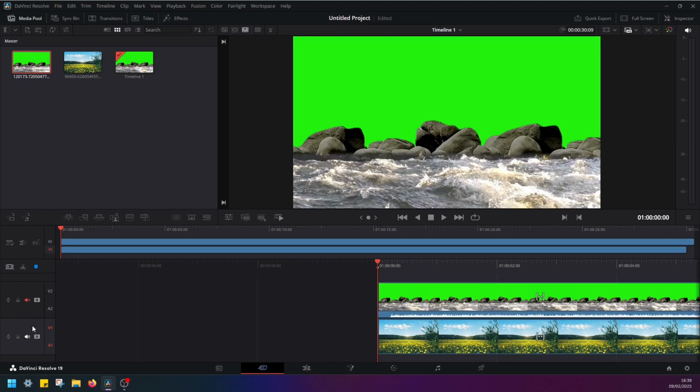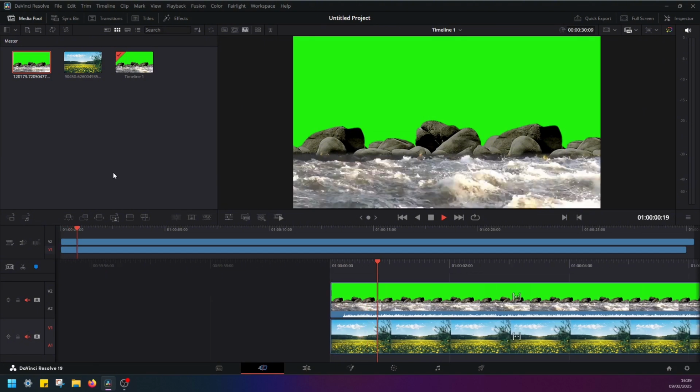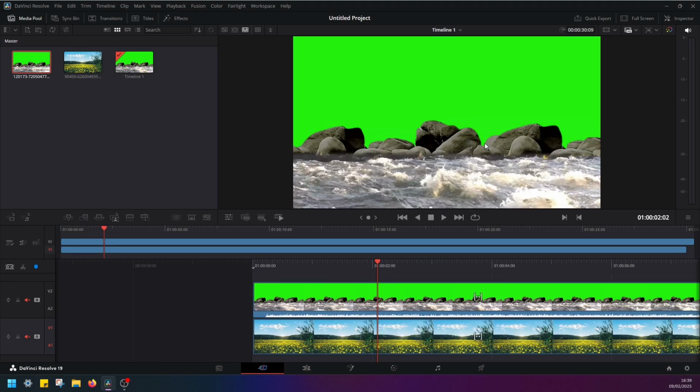I'll mute audio track. I don't want to hear any noise coming from these videos. So right now this is my green screen video and I want to see this nice background video where we have this green screen. So to remove the green screen, I have to go to section color,